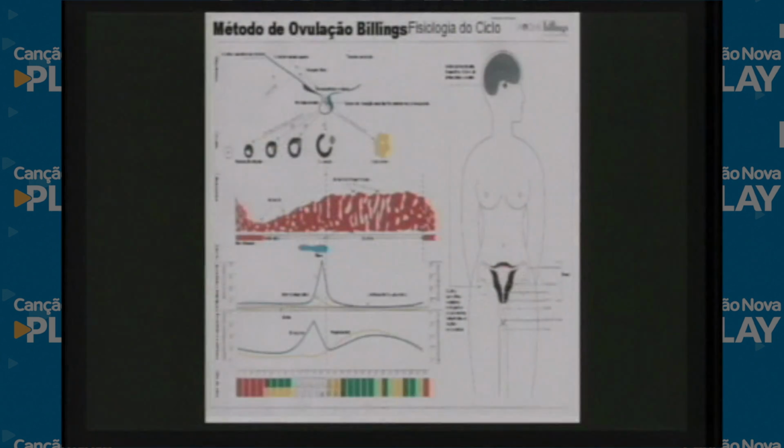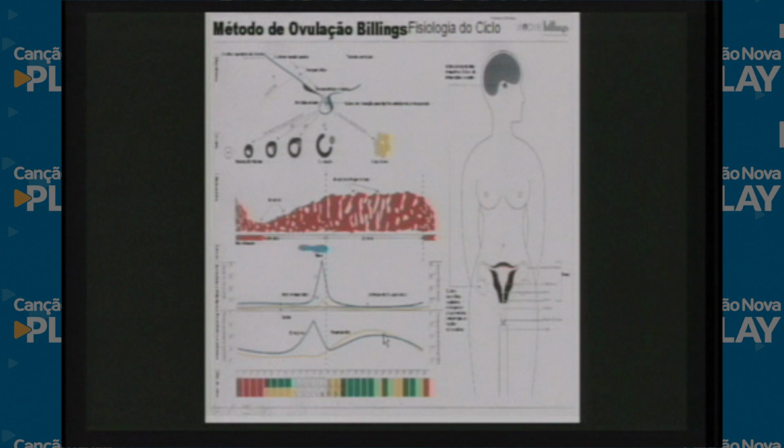And if you look at your chart or the one on the slide, just before the dotted line, you will see that yellow line of progesterone beginning to rise. And that is because luteinizing hormone has risen and reached a peak. 17 hours after the peak of the LH, ovulation will occur.